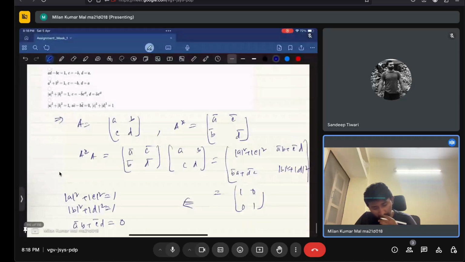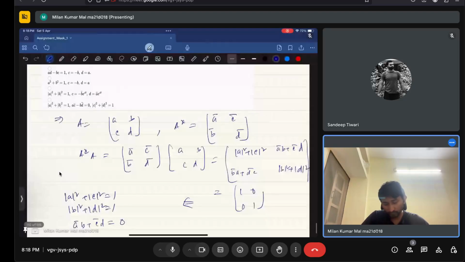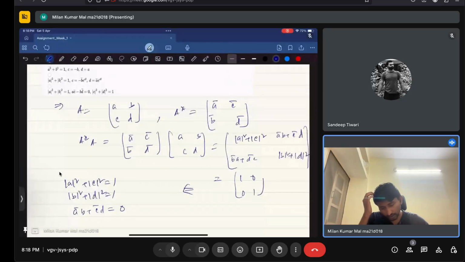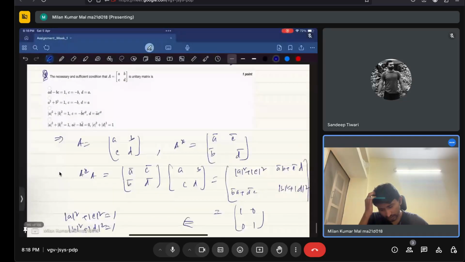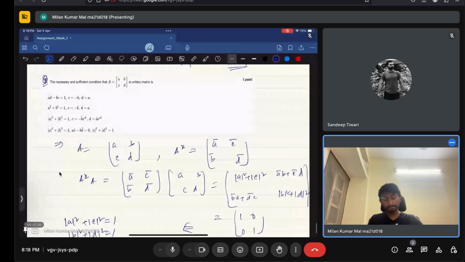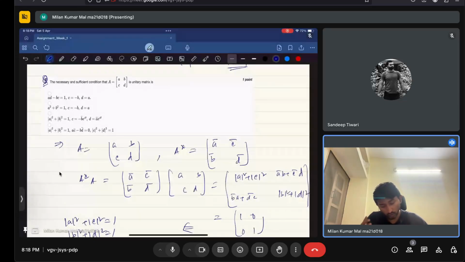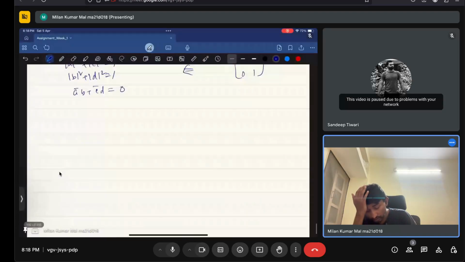AC minus BD, where it is getting. A square plus C square is 0, I think. If we write this way, A star, still it is getting mod of A square, mod of B square. Oh, sorry, I have to do another round. A star is equals to, then I may get